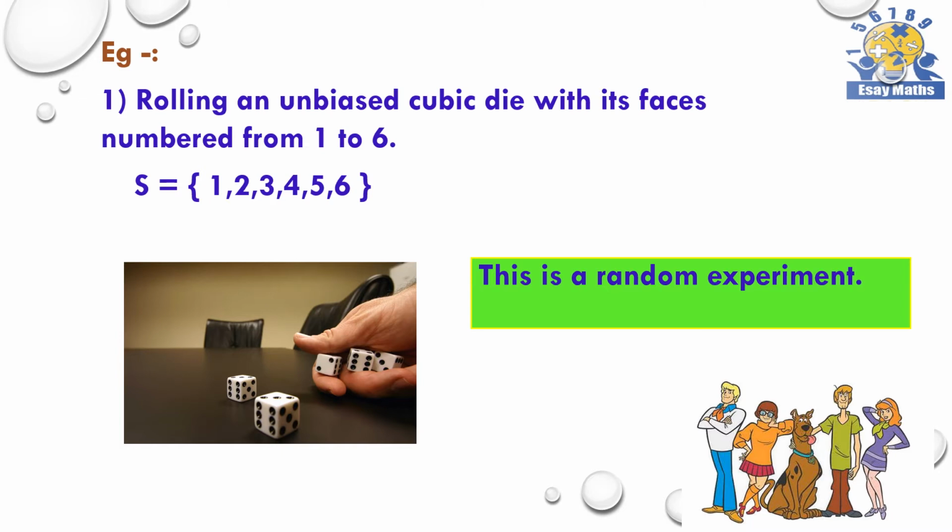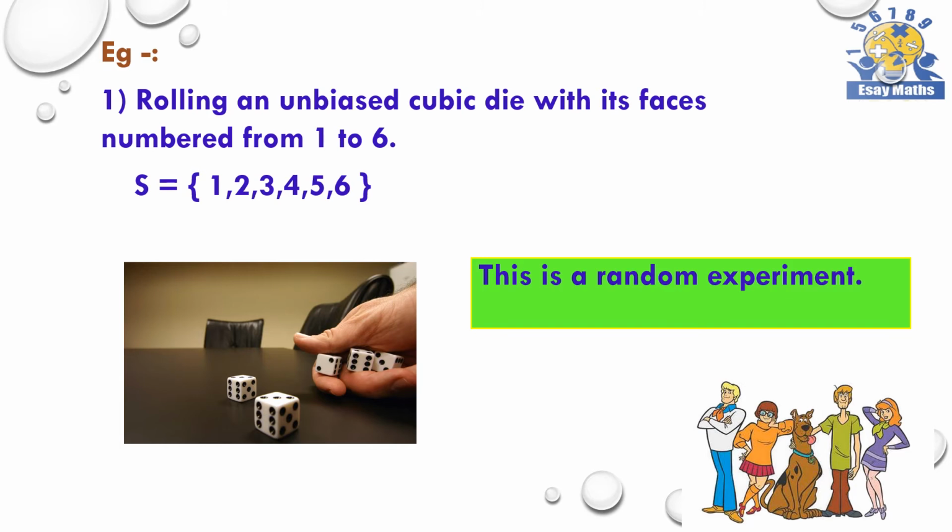The outcome will be 1, 2, 3, 4, 5 or 6. But we don't know which one is the certain answer. And we can repeat this experiment any number of times. And we can't identify a pattern. So, this is a